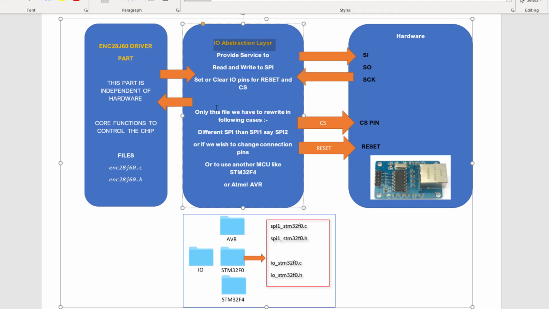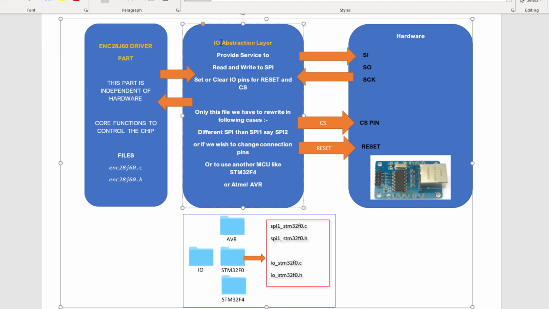We are keeping all the functions that are hardware dependent inside this layer. And suppose in the future you want to change this driver for some very different microcontroller like Atmel AVR, then in that case also you just need to change this layer. You don't need to change anything in this driver part. It will be exactly the same.